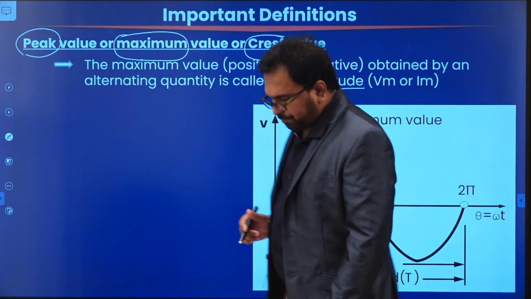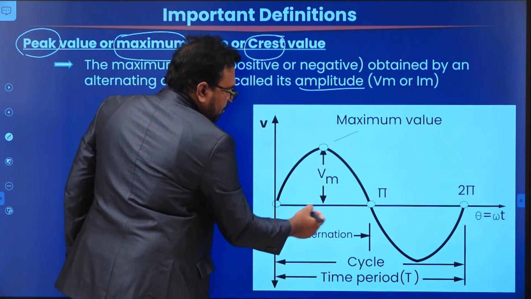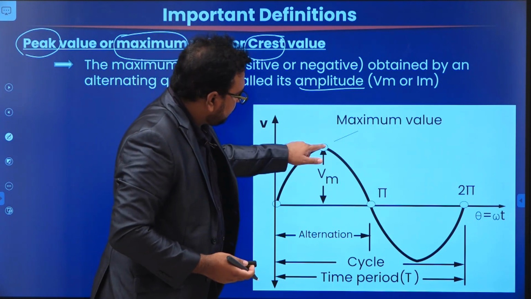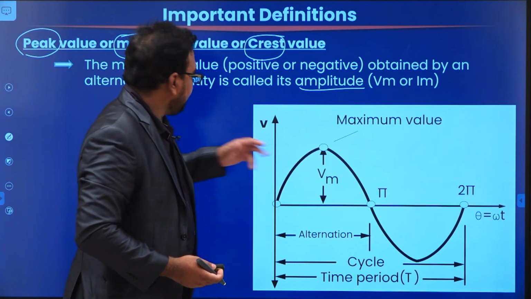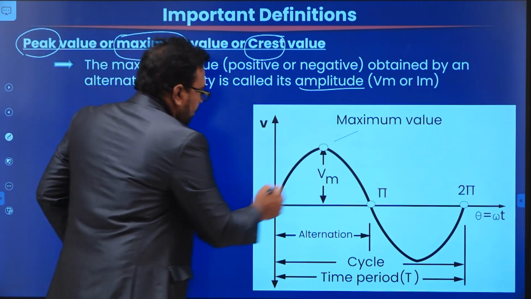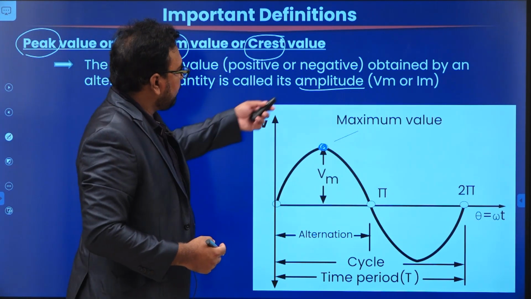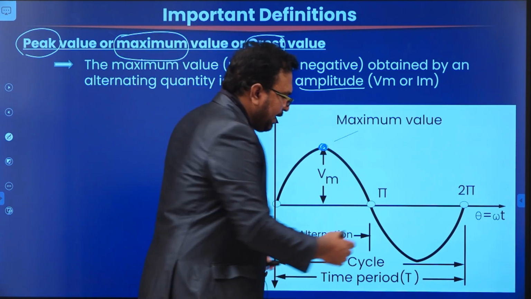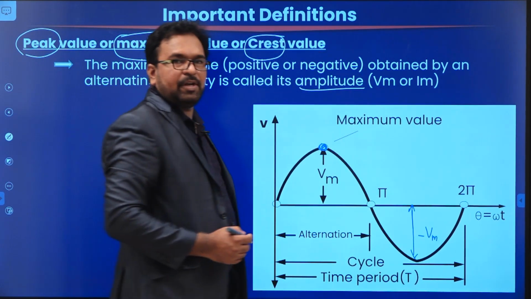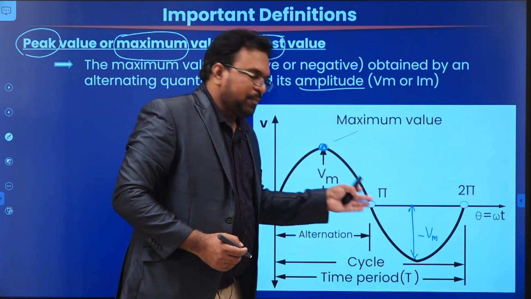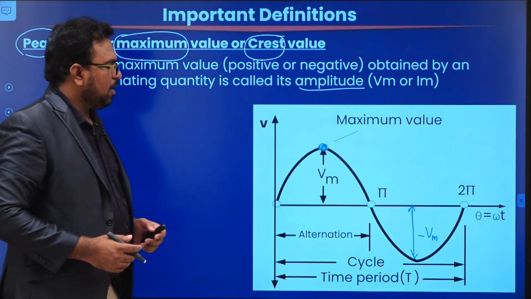So if you see the diagram, the waveform starts from 0 and it reaches a maximum value at 90 degrees. This point, where the magnitude is maximum, is called the peak point or peak value. Okay. So we are going to call it Vm as the maximum value or peak value, and here we are going to call it amplitude also. And what is the negative maximum here? This is the negative maximum. But of course, in case of pure sinusoidal, the positive maximum and negative maximum are both the same in magnitude. This is how we calculate the maximum value.